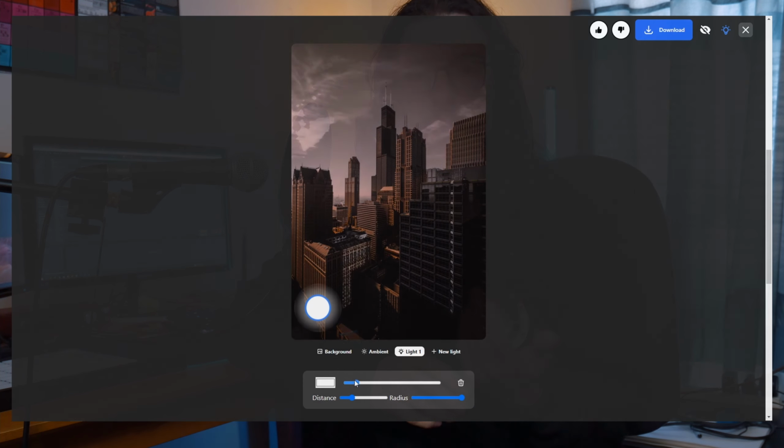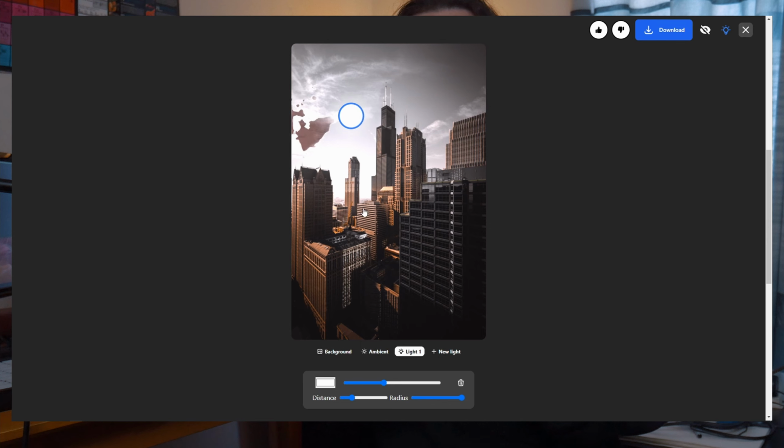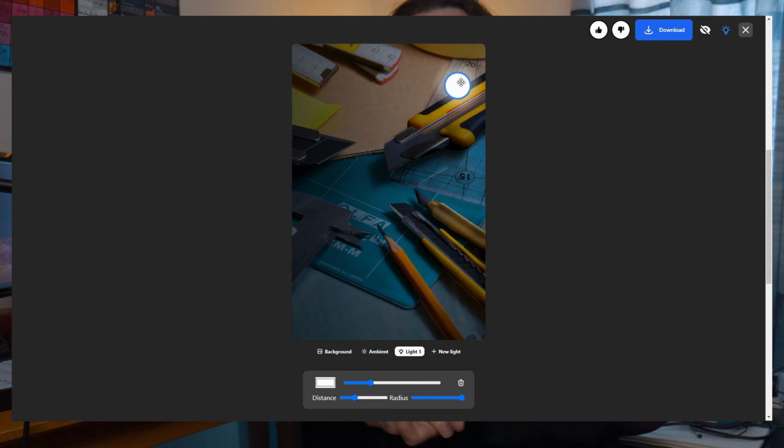Now, the issue with Relight is that it doesn't really seem to work on scenes. So if you throw in an image of a person, it seems to work really, really well, and it does pick up their clothing and whatnot, which is really great, and you can use it with artworks. But if you throw in a scene of a city or maybe some tools sitting on a bench, the effect doesn't work. So I got to thinking why this was, and I jumped into the About page and kind of read about